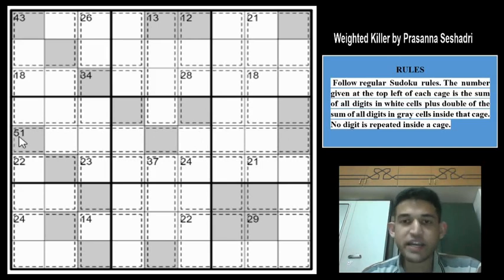So now we know that in any row, column or 3x3 box of a Sudoku, the sum of the digits will always be 45, because 1 added up to 9 will always be 45. So when we add all these 9 cells once, we get 45, but we also need to multiply these cells twice, right? The row 5 column 1, row 5 column 5 and row 5 column 9. So basically we are adding all these cells once and adding the cells row 5 column 1, row 5 column 5 and row 5 column 9 one more time. Which means that we will be multiplying them by 2.